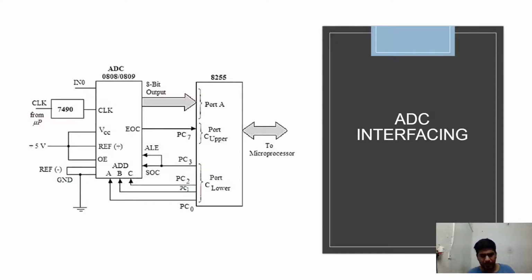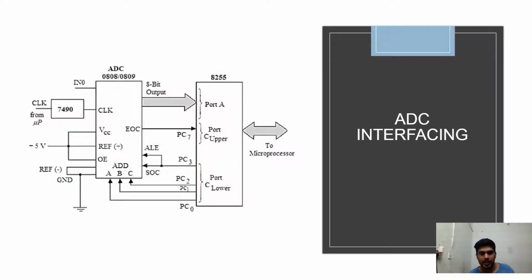So how does this work? The main problem here is the ADC, the analog to digital conversion. It's a slow process, and therefore the microprocessor needs to wait for the converter to run its course. To time that slow process with the working of the microprocessor, you require the SOC and EOC signals, the start of conversion and end of conversion. The microprocessor sends the signal SOC high to the ADC, telling it to start the conversion. That signal is sent to port C, the lower part of the 8255 PPI.